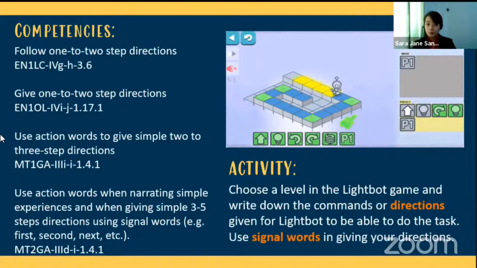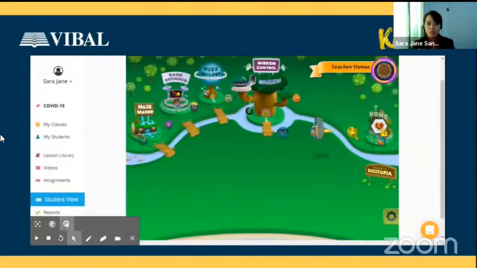Now, dito, naturuan natin sila on how to do basic programming. At the same time, naturuan din natin sila on the skills that they need to know sa subject natin. Okay? So I hope this is very basic, pero later as we go along with the discussion, mas magiging challenging na yung mga next activities. Okay, now this time, this is Codable. Now, let's see kung paano naman natin magagamit si Codable sa ating mga subject areas.